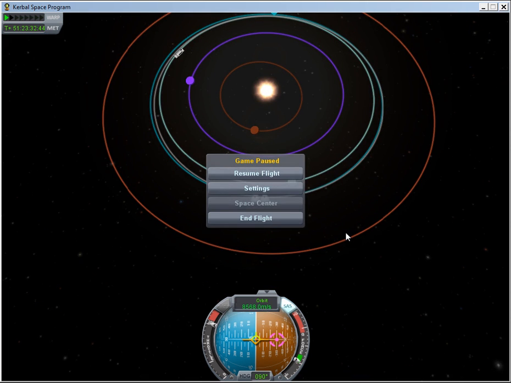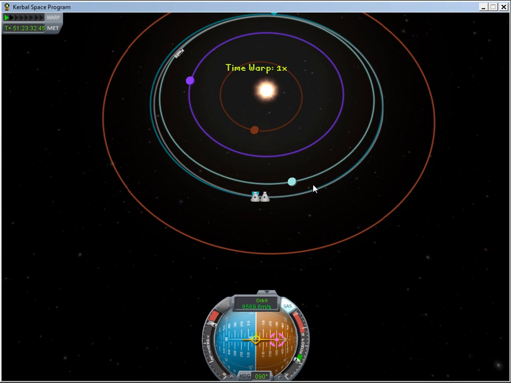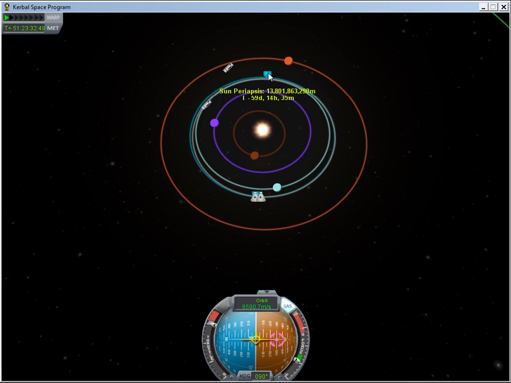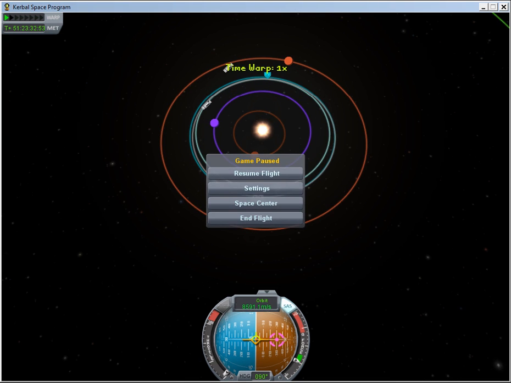Anyway, if you can see my mouse, if we were to burn right now, Duna would have to be around here, otherwise we would miss it. Actually, let's